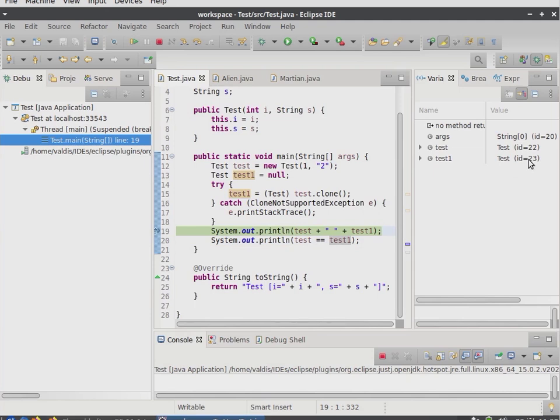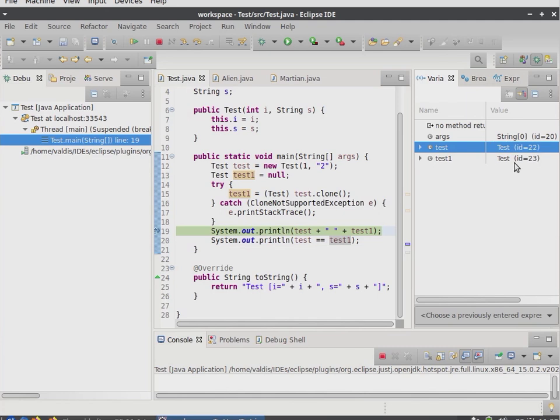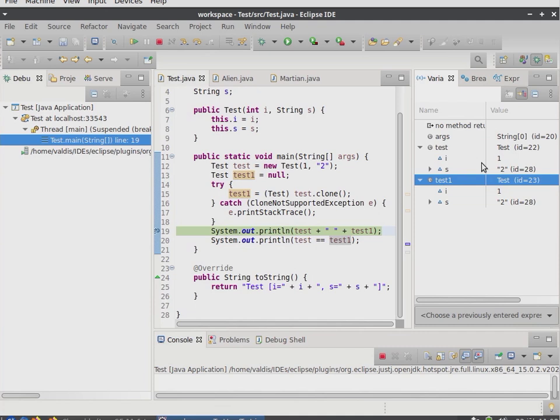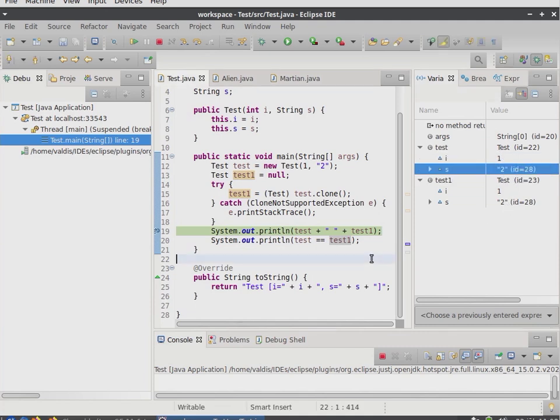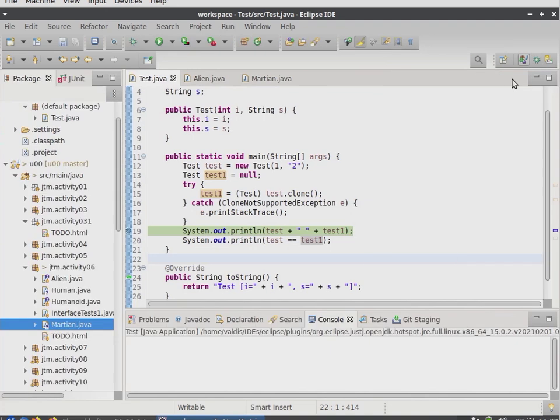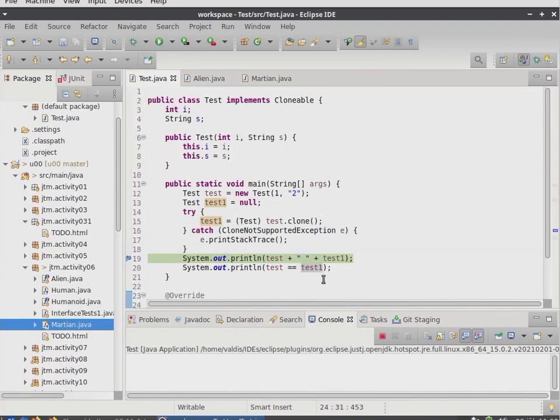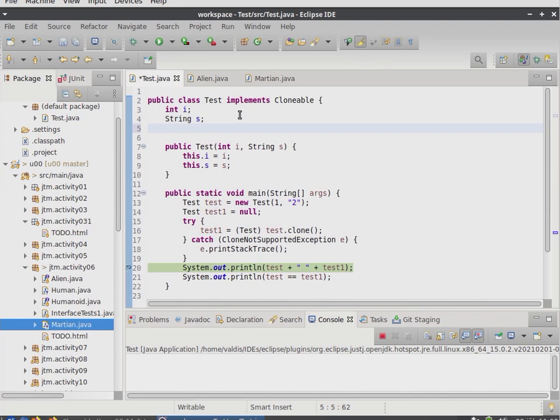So we see that the identifier for test is 22, but for test1 it is 23. So these are completely different objects, but their values inside are the same. So we created a different object which is a precise clone of that object. But a problem arises with Cloneable, when you implement it,